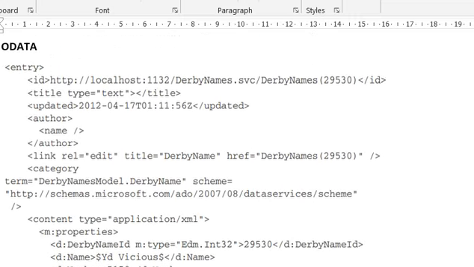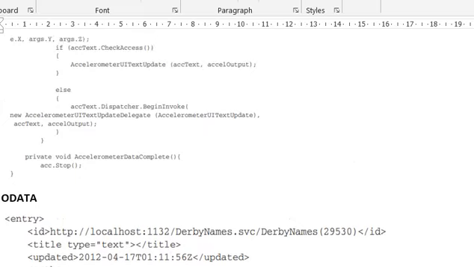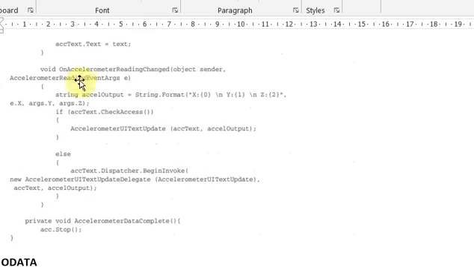So we said we are using the method that is reading change. We'll see what is there in this reading change. So here you have the event called on accelerometer reading change. In this reading change, you're passing two parameters, that is the argument for reading as well as the sender. Okay, so here you just check out this part.